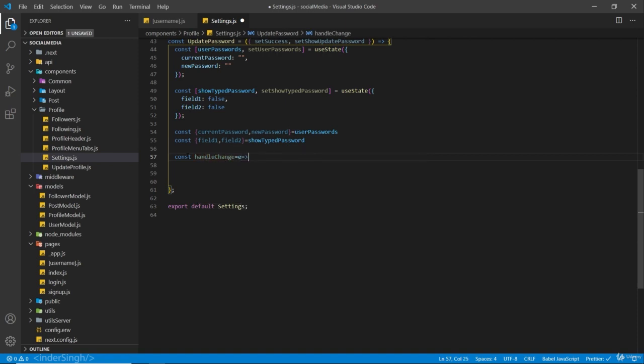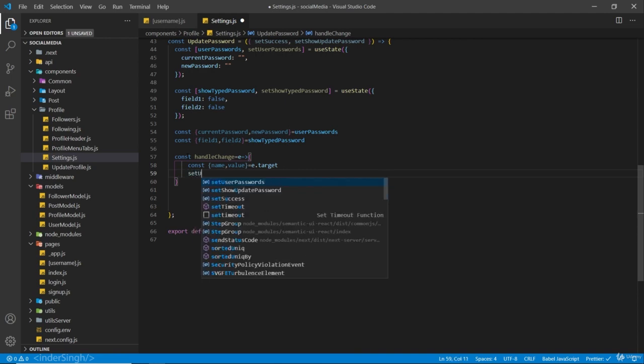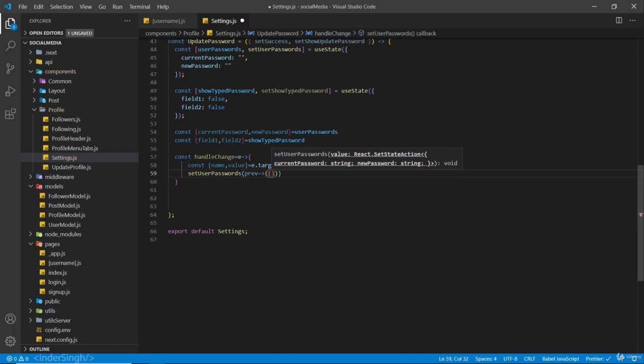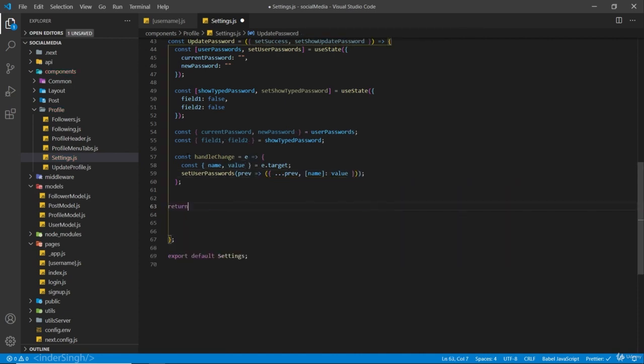We're going to receive the event, and name and value from e.target, and setUserPasswords, previous, spread the previous and name value. And inside the return, first let's add some fragments,